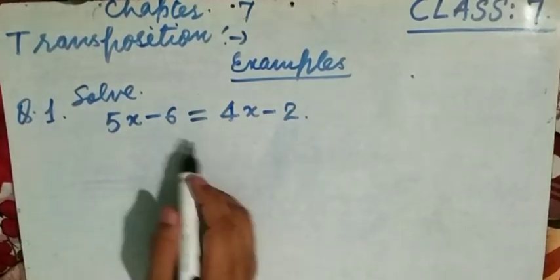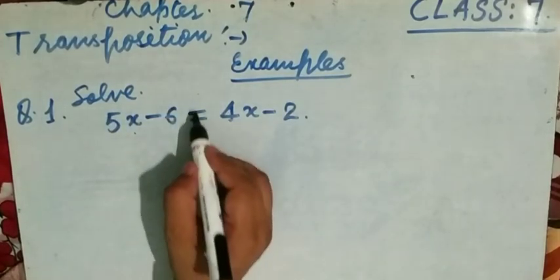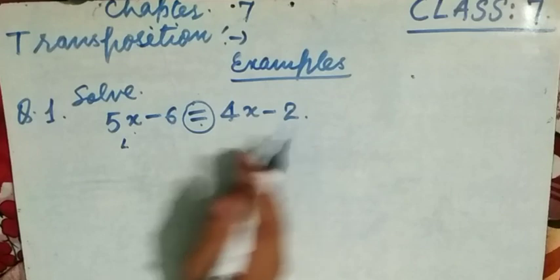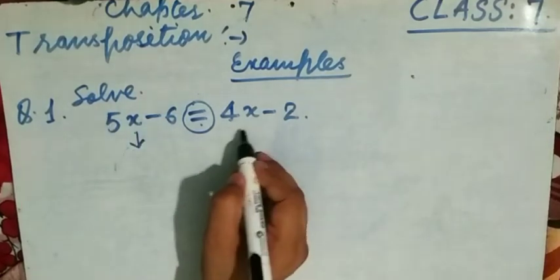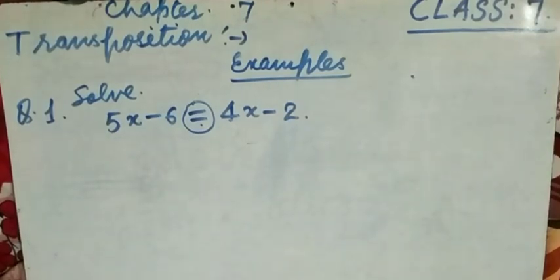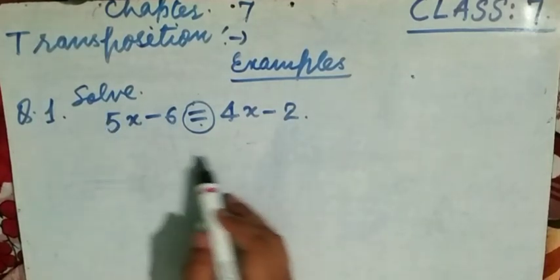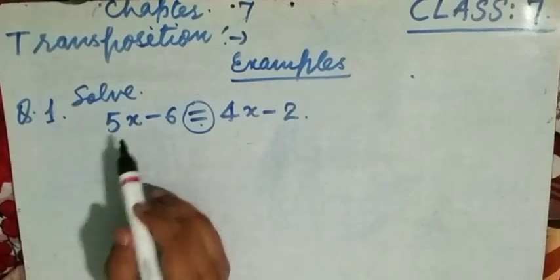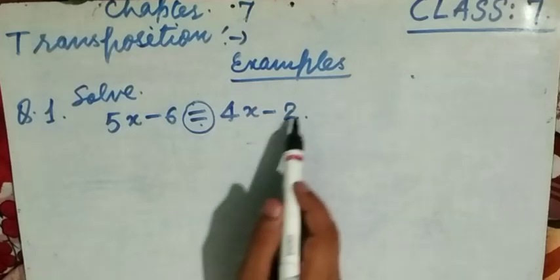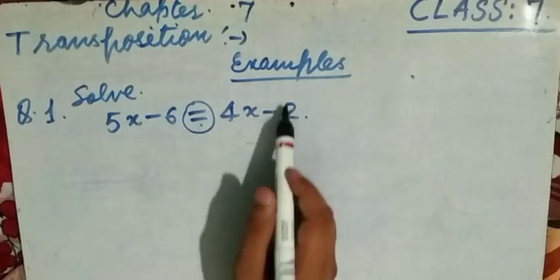Now first we have to solve. Solve means, here is the variable. First check, is it an equation? Yes, it is an equation. Why? There is an equality sign. There is something on the left hand side and right hand side, and there is one variable x. So this is called a linear equation in one variable. Here solve means we have to find the solution of this equation. The solution means the value of the variable in this equation, and this equation has the variable x. That means we have to find the value of x from this equation.